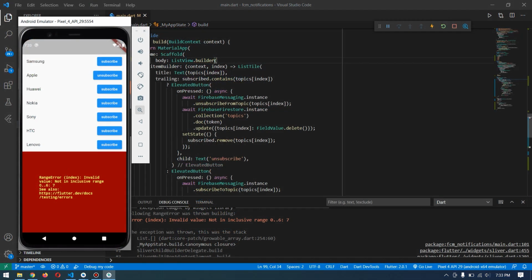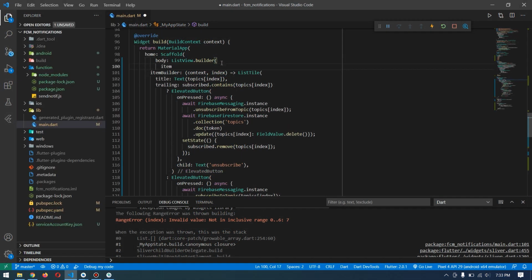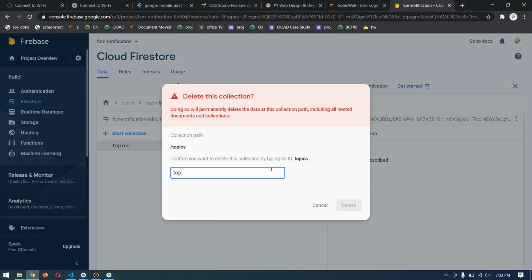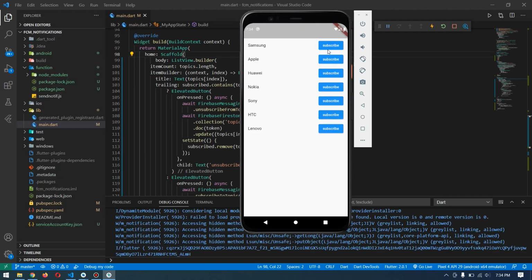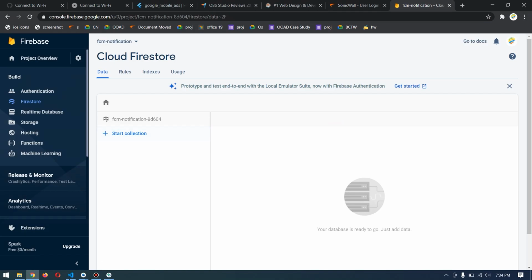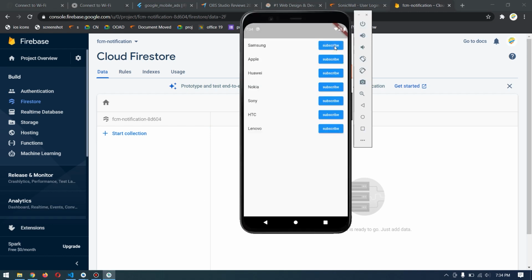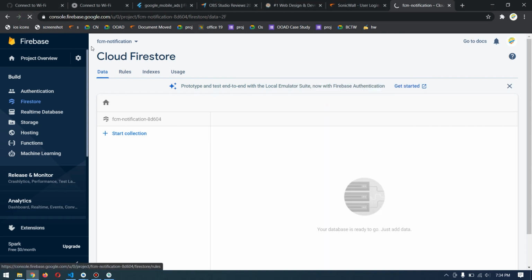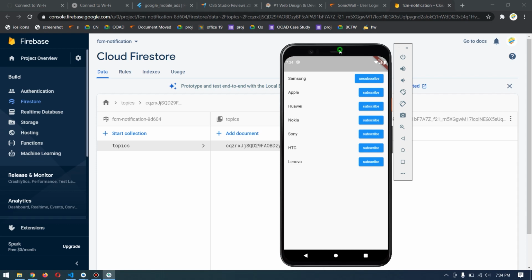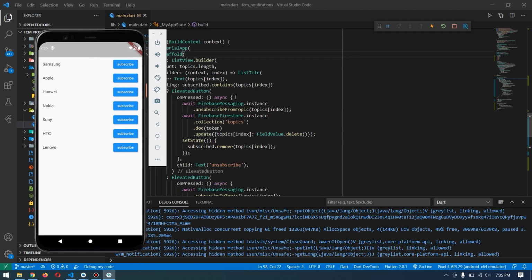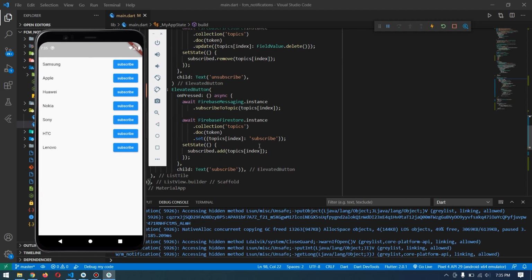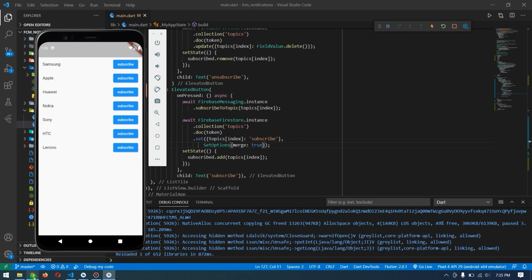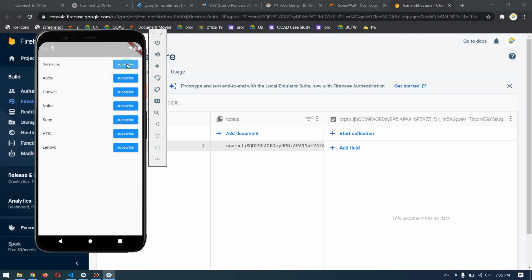Alright, so I forgot to give the item count. Now it's fine. So if I go ahead and delete everything from here and start afresh, now here if I go to the database, we don't have anything. If I press the subscribe button, it should subscribe me to the topic, and it should also add the topic in here in the database. If I subscribe to another, it is overriding the fields, so I have to come here while adding it to the Firestore. Now if I open my database and click subscribe,